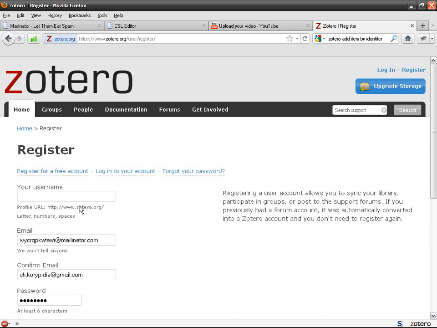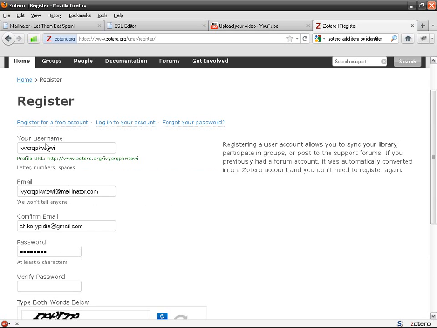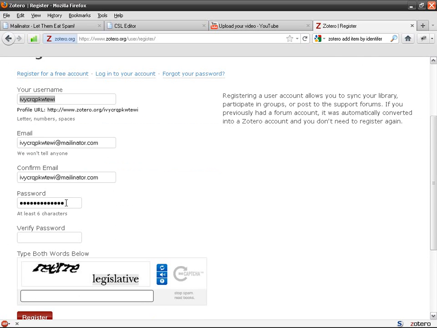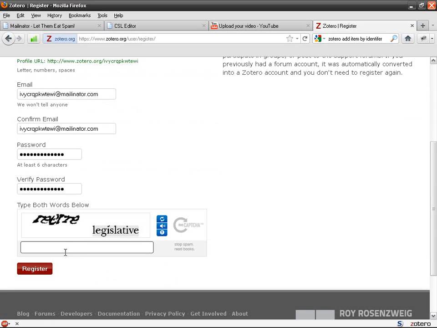So email, the username is going to be this one, and I'm going to use again the same password. So that's the email, then the password, and let's try to